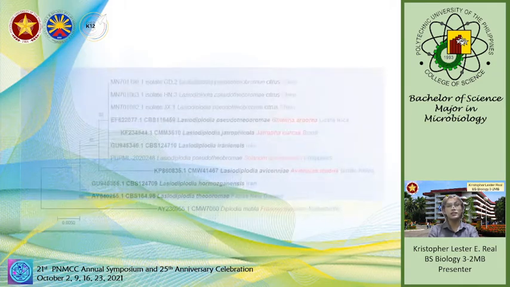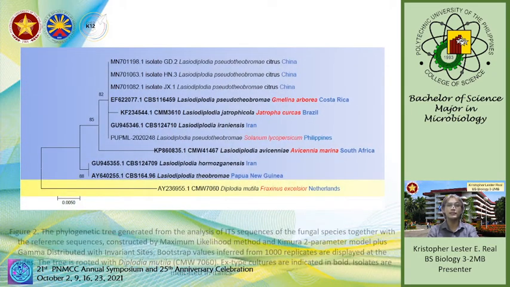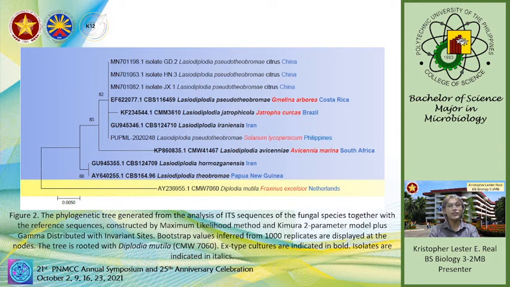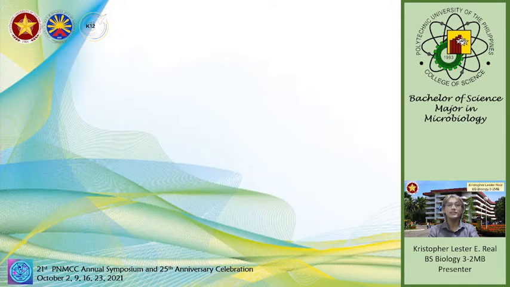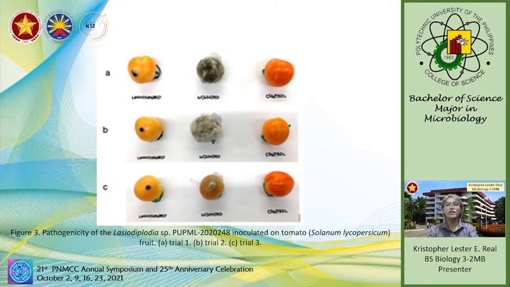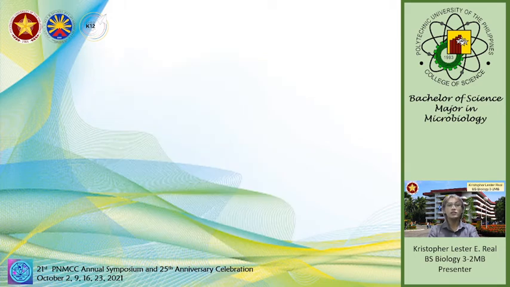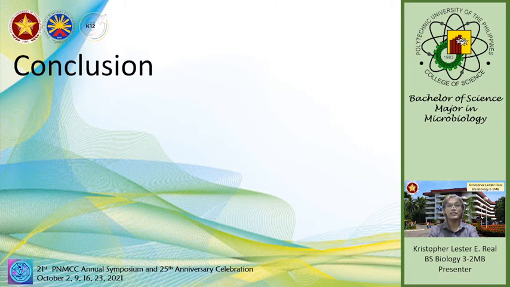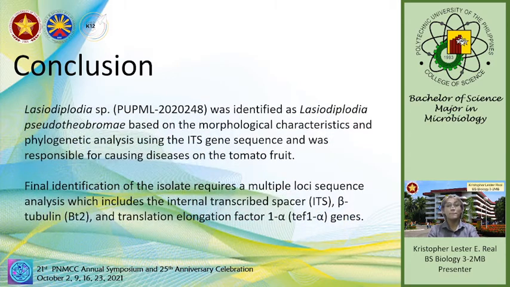The phylogenetic tree showed that the data from the ITS sequence of the isolate revealed that it is closely related to other Lasiodiplodia species, particularly with Lasiodiplodia pseudotheobromae with a bootstrap value of 82%. For pathogenicity test, the lesion spread to the whole tomato fruit within 3 to 7 days, resulting in the sogginess of the fruit. In conclusion, the isolate was identified as Lasiodiplodia pseudotheobromae based on the morphological characteristics and phylogenetic